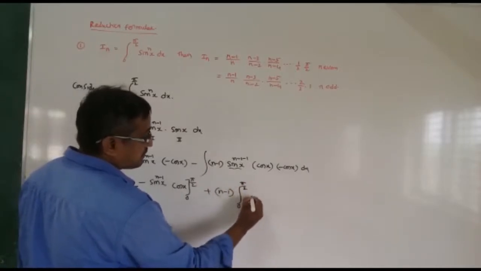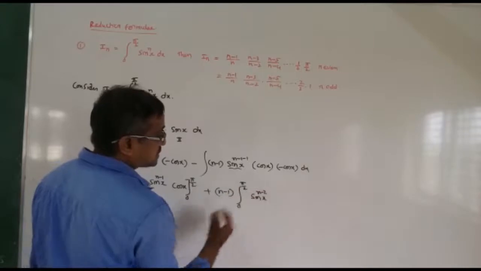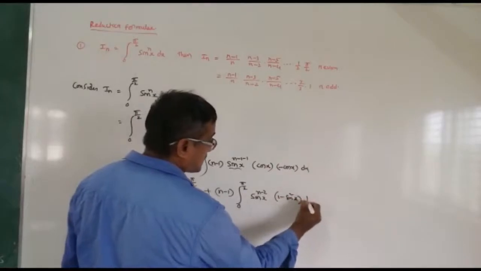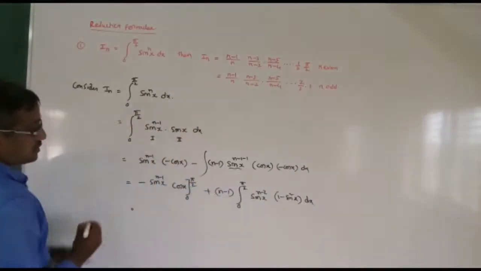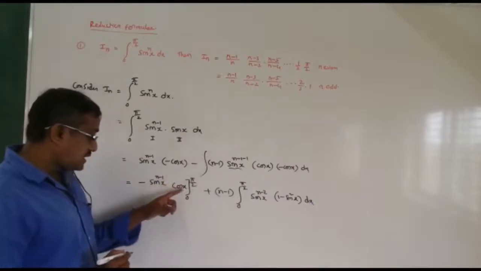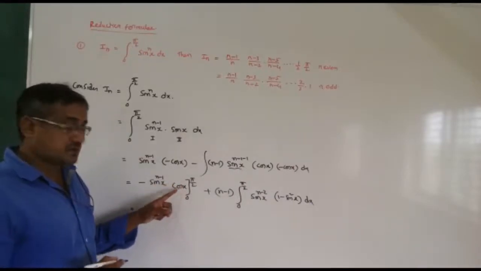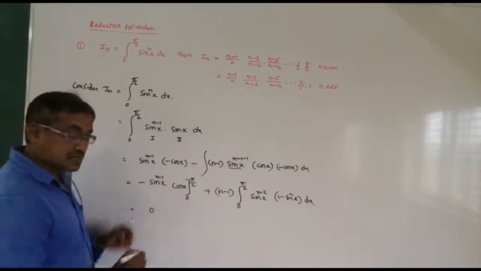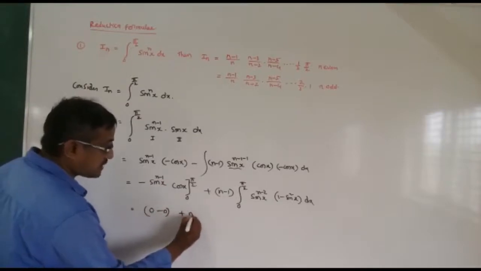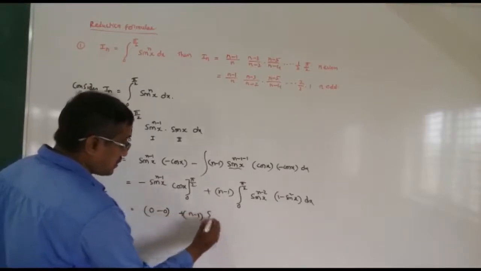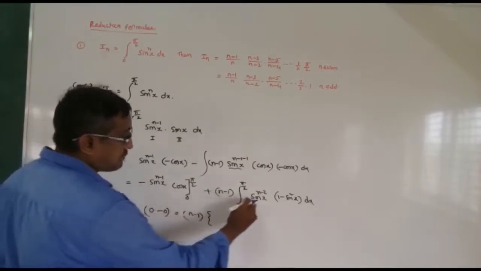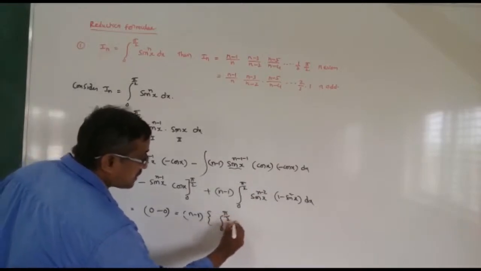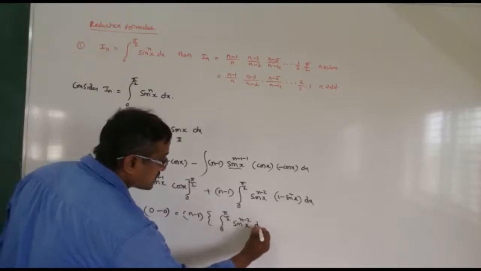Integral 0 to pi by 2 sin power n minus 2 x into cos square x. It can be written as 1 minus sin square x dx. Now if you apply upper limit here, you will get 0, cos 90 is 0. If you apply lower limit here, you will get 0, since sin 0 is 0, minus 0. Plus n minus 1 into, now let us multiply with sin power n minus 2 x dx. So 0 to pi by 2 sin power n minus 2 x dx